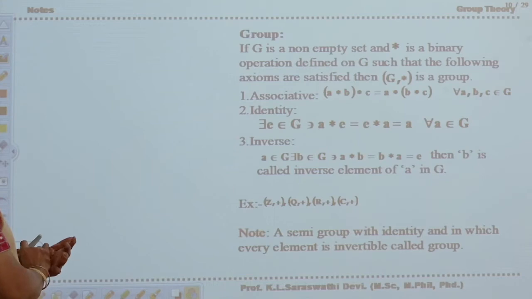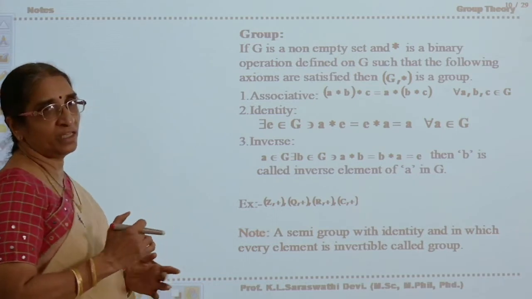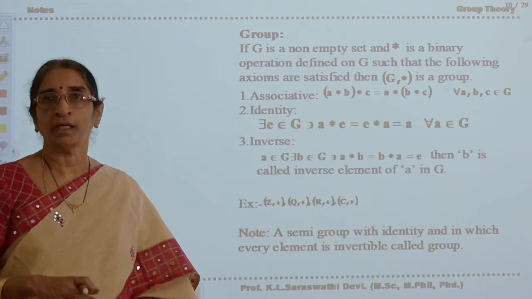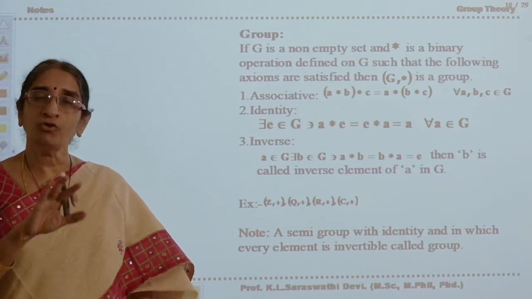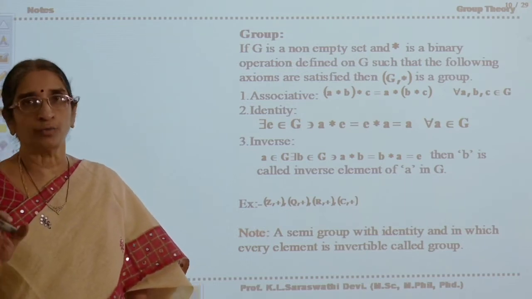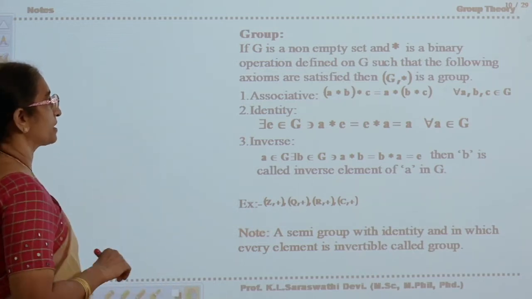Now see the next one. After monoid, we will see the final definition of group. Now this group, you can say that in a monoid, if every element is possessing its inverse, then you will say that that is a group. It is one type of definition. Now what is the inverse?